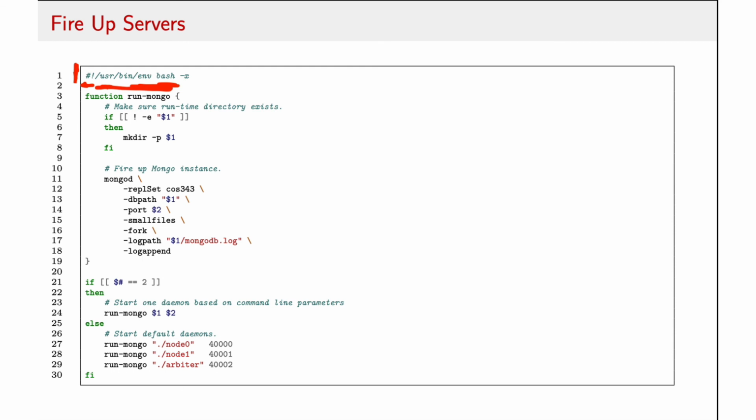And then the -x, you can also give bash command line flags in the shebang line. The -x basically says echo out the contents of the commands that you're executing as you're running them. That makes for a little bit more verbose output, but it lets you kind of keep track of what's happening as the script runs. You'll see here next that there's a function defined that we're going to invoke from below,